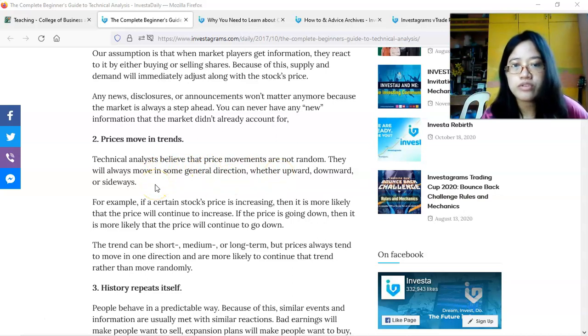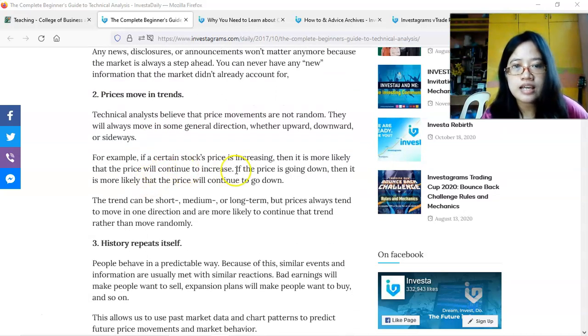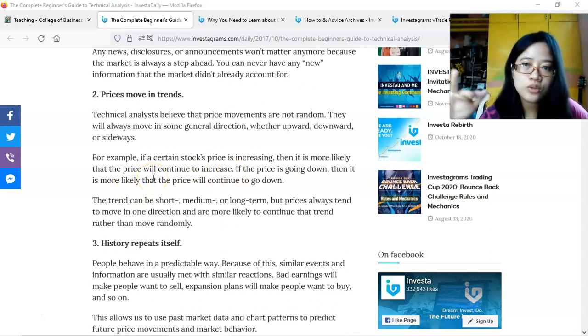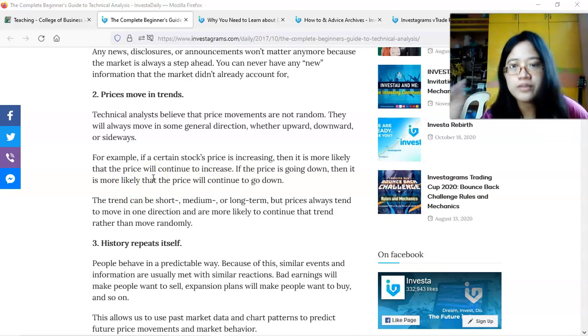They will always move in some general direction, whether upward, downward, or sideways, okay? For example, if a certain stock's price is increasing, then it is more likely that the price will continue to increase. If the price is going down, then it is more likely that the price will continue to go down. Okay? The trend can be short, medium, or long term, depending on what the company is trying to do or already doing. But prices always tend to move in one direction and are more likely to continue that trend rather